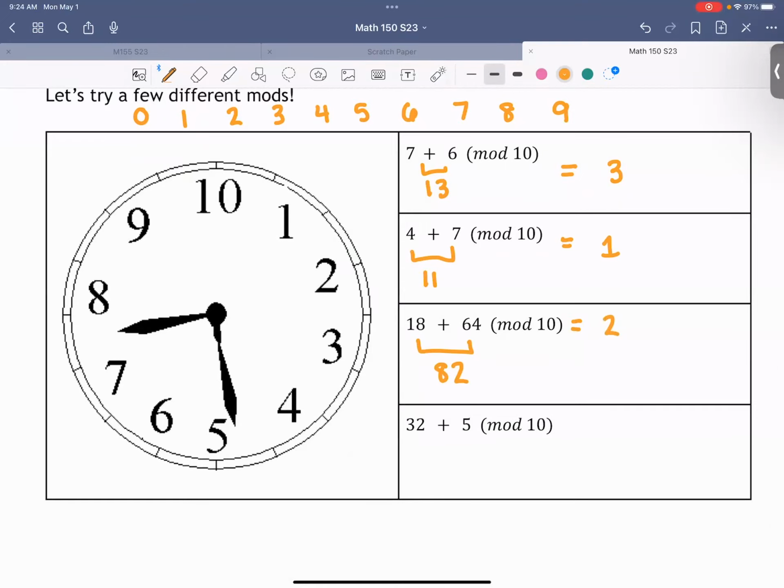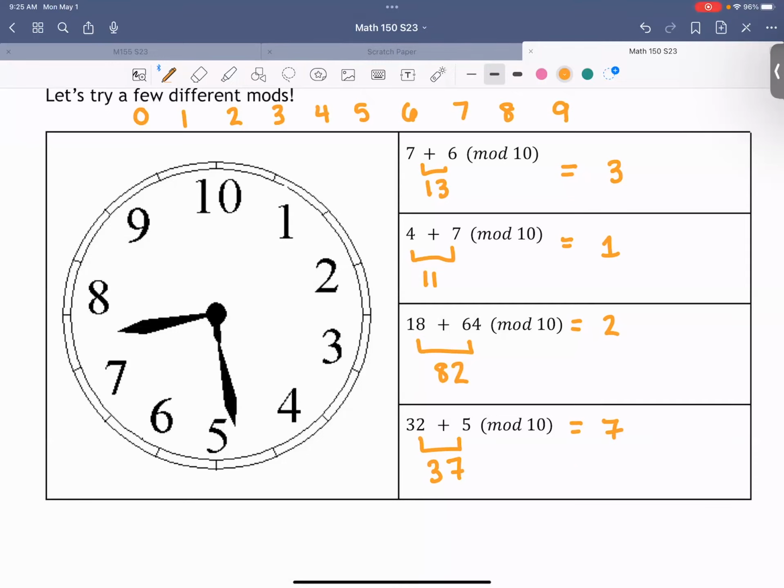7. Was this a lot easier than the mod 12? Yeah. Why do you think mod 10 is easier than mod 12? Because you pretty much just take away the tens place. You basically take away the tens place. Actually, we live in what we call a base 10 number system world. Has anyone heard of bases in math? Oh yeah, was taught that last semester. I think a lot of you have taken a math class where you had to learn about all the bases, right? Now, base 10 is basically the number system that we live in.